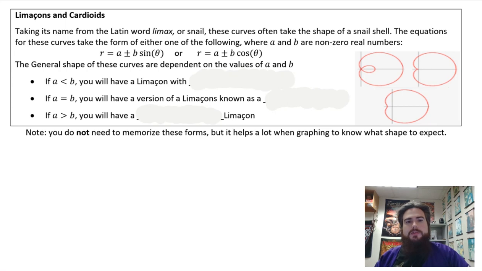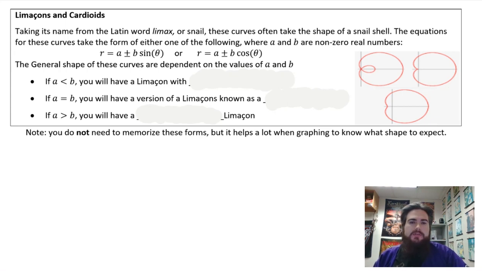In this lesson, we will talk briefly about limacons and cardioids. Taking its name from the Latin word limax, or snail, these curves often take the shape of a snail shell. The equations for these curves take the form of either one of the following, where a and b are non-zero